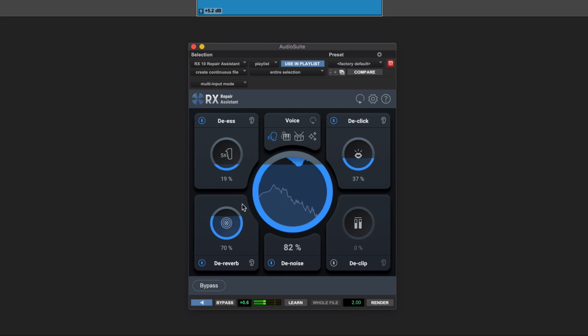And it's also possible using these ear icons to hear what each module is taking away where appropriate. So in the case of the de-reverb, RX10's